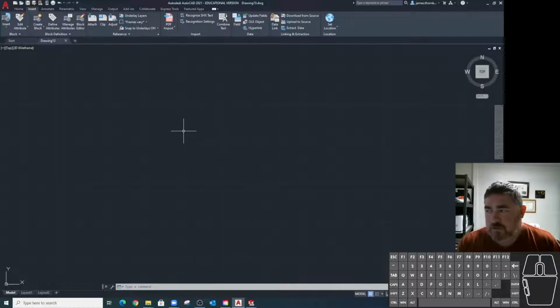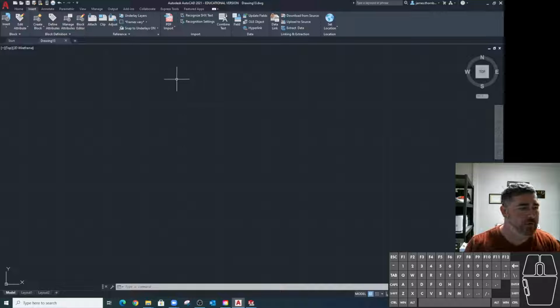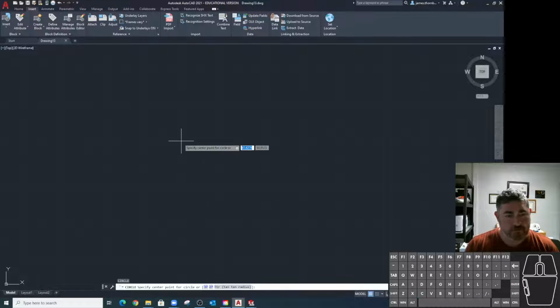Alright guys, so in this video we're going to go over creating blocks here in AutoCAD. So the basic option is for insert, it's create block. We also have the option to do a write block, so we'll do that one first. And so if I've got, I don't know, some stuff,